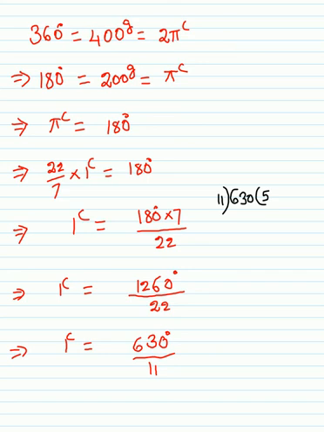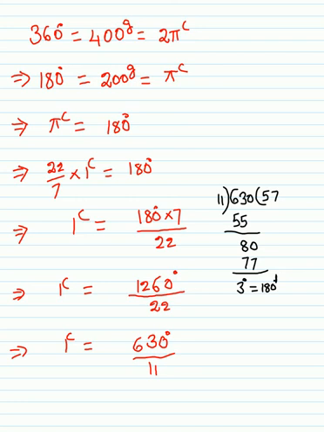11 5s are 55 degrees. Now subtract them, you get 80. Now 11 7s are 77 degrees. Now I got 3 degrees remainder. So we know that 1 degree is equal to 60 minutes. So 3 degrees is equal to 3 into 60, that is equal to 180 minutes. Why? Because this is 3 degrees less than the divisor. So now the 3 degrees can be written as 180 minutes.